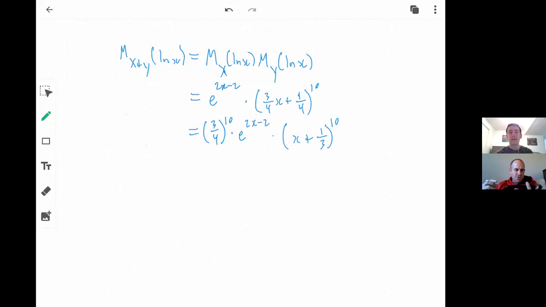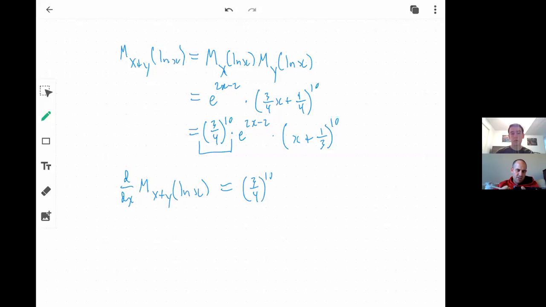Okay, and let's take a couple of derivatives of this thing. Well, okay, let's take one derivative at a time here. So first of all, this constant just comes along for the ride. That's just a constant after all. Okay, if I take the first derivative of this, what am I going to get? 3/4